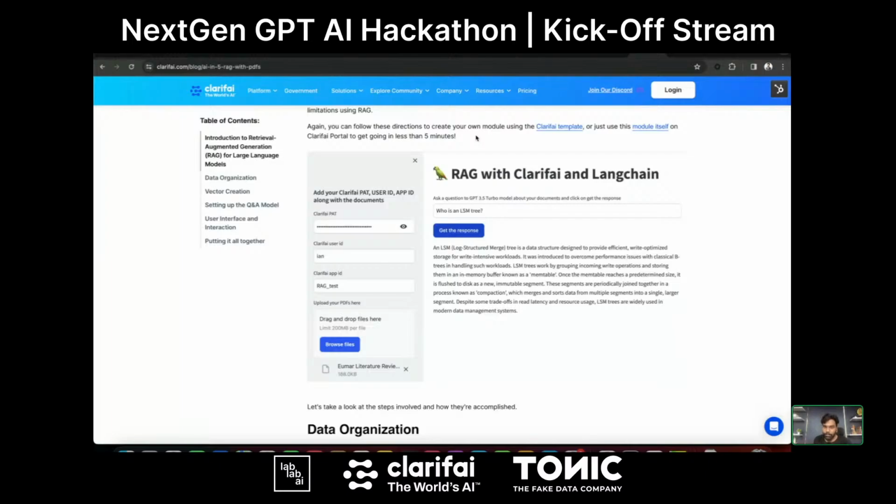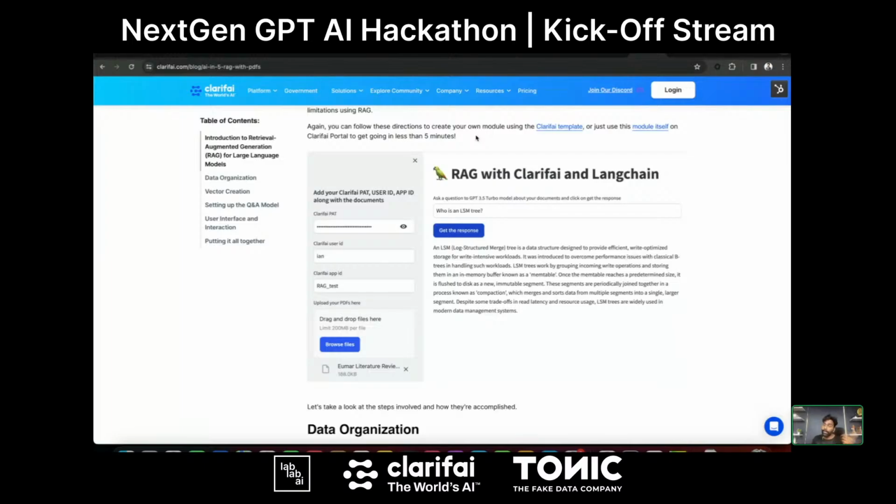To build RAG applications, you require LLMs, embedding models, and a vector store. Clarifai provides all three in a single platform, so you don't need to get the models, the embedding models, or the vector database from other providers.